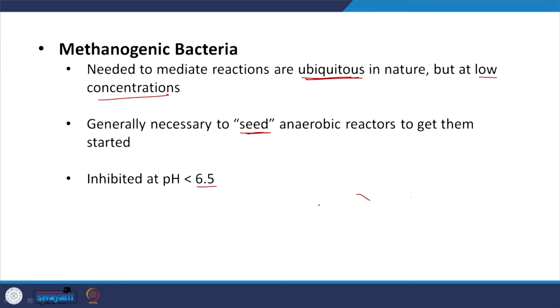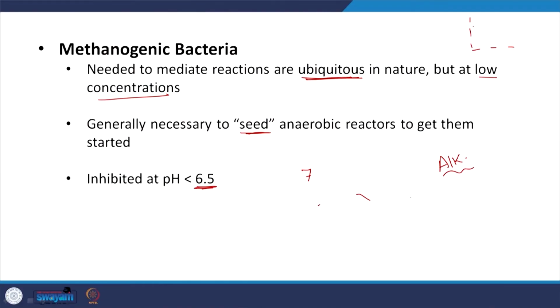As I mentioned earlier, they are very sensitive to pH, right. Typically, neutral pH is 7, and if pH is less than 6.5, you are going to have a considerable effect. That is why alkalinity has to be looked at. Why? Because the pH can fall due to, let us say, the formation of acetic acid or other compounds. Again, acetic acid pKa is 4.76, keep that in mind. Acetic acid is CH3COOH, HAc, and the deprotonated form is Ac minus.